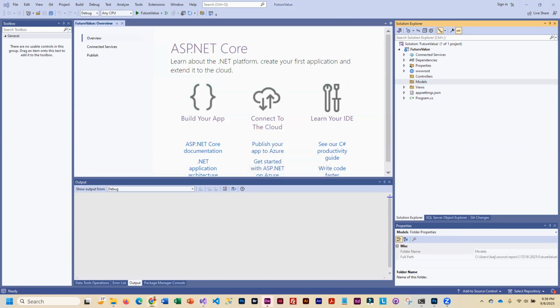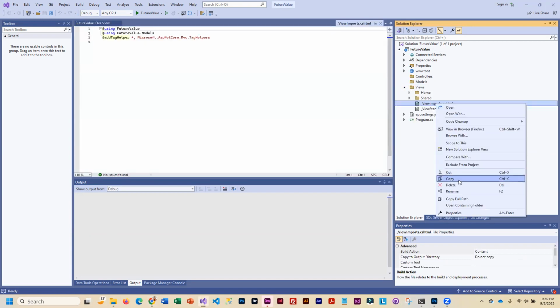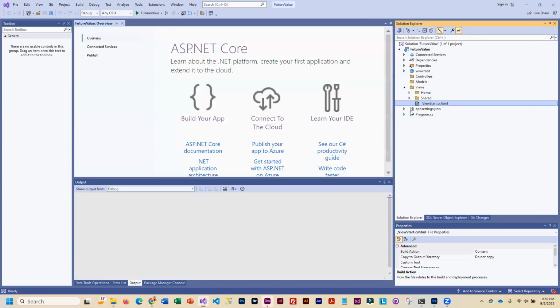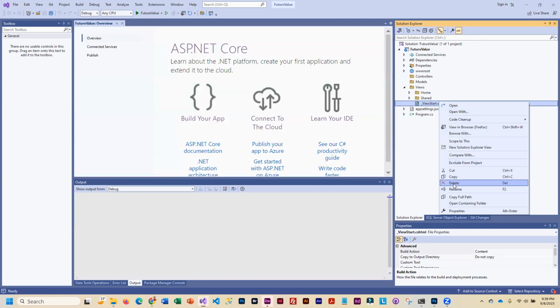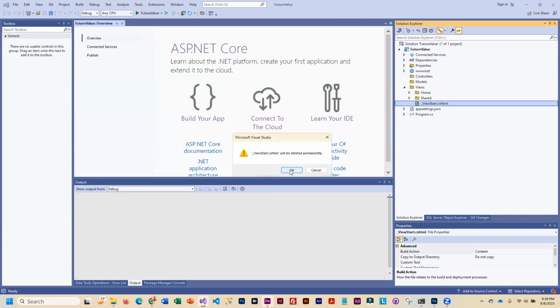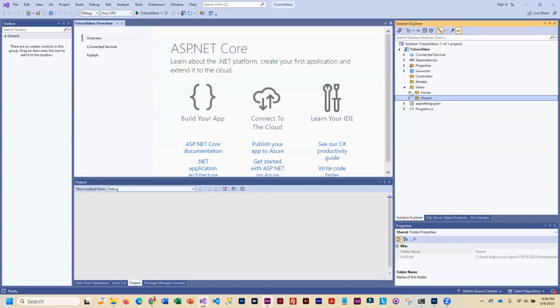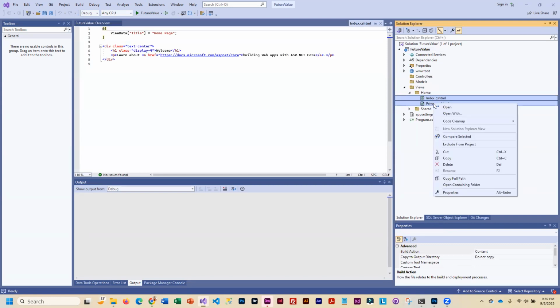And then we're going to do the same thing with our views. So we will get rid of this and this. And we'll get rid of both that are here in home view